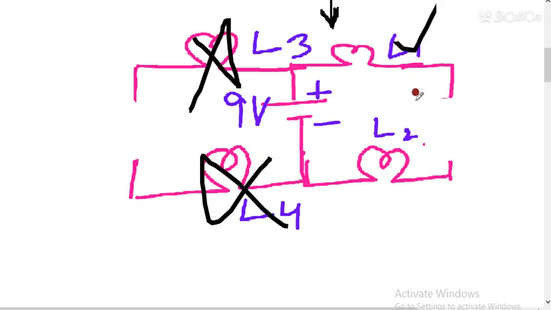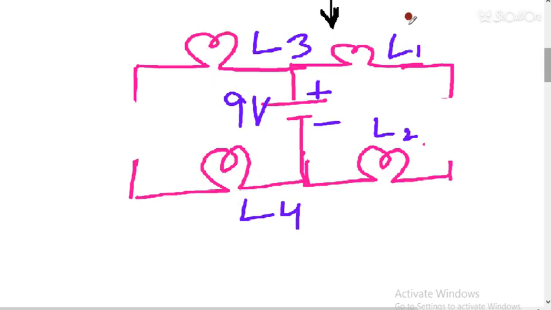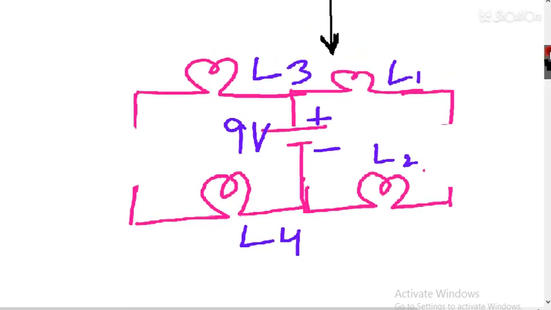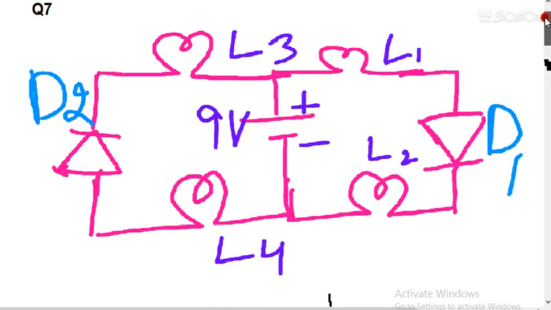If you want to see the question, then the question was, okay, one minute wait please. So this was question number 7. Now question number 7 is on screen, and you can note down the question.